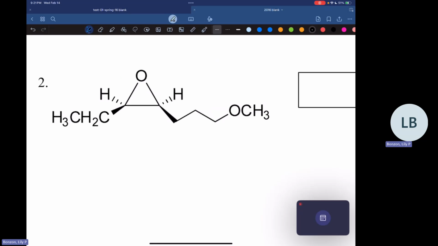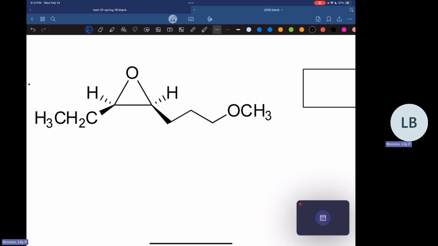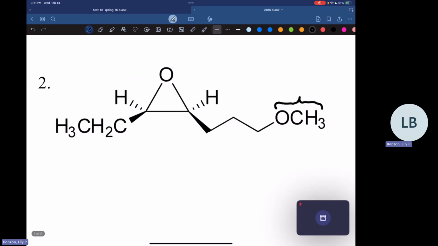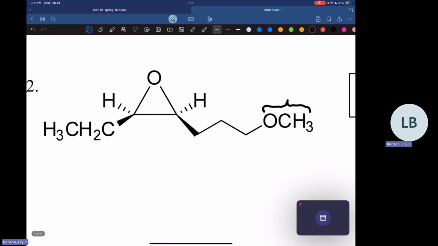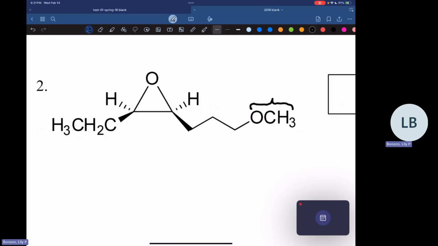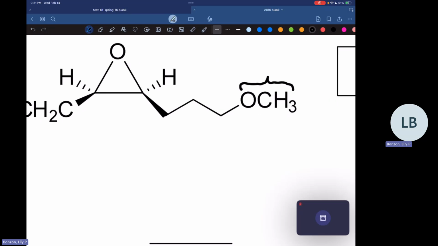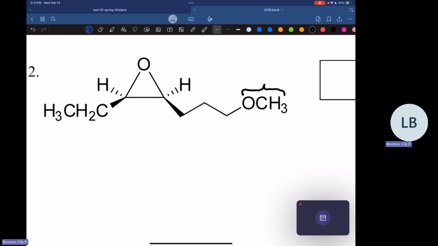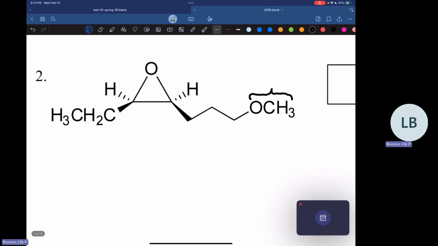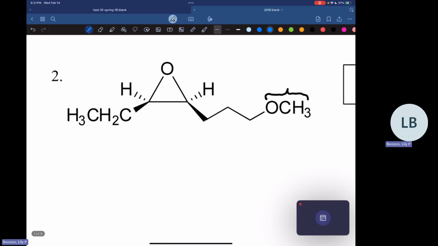Okay, so similar to other nomenclature, when we go along the epoxy substituent route, we want to get the lowest number for our substituents and the longest chain possible. So our epoxy is going to be a substituent, and this OCH3 group is also going to be a substituent. Ethers are going to be substituents. So we can either start numbering from left to right, or we can start numbering from the right to the left. So when we go left to right,